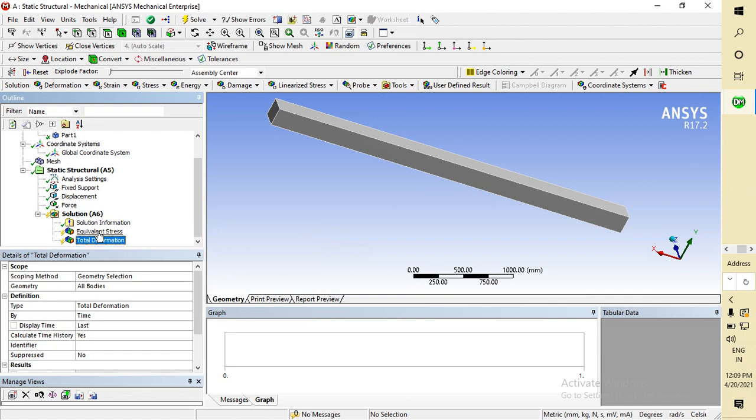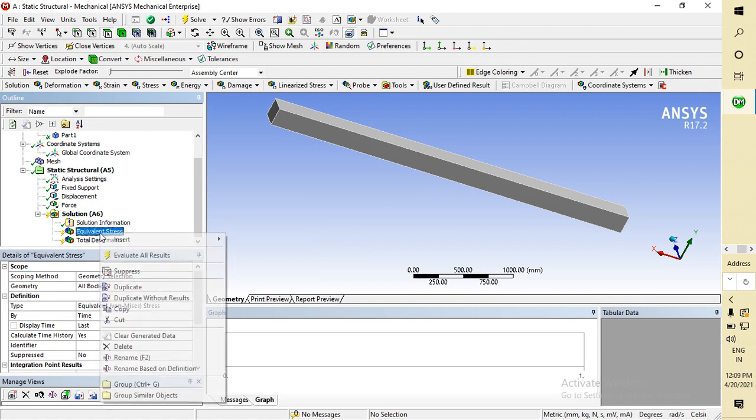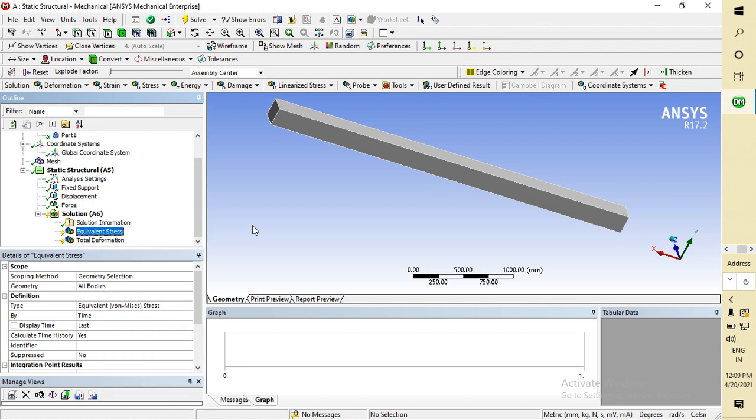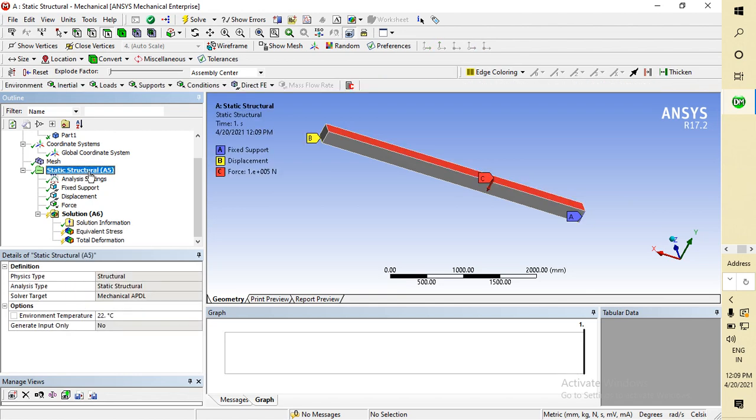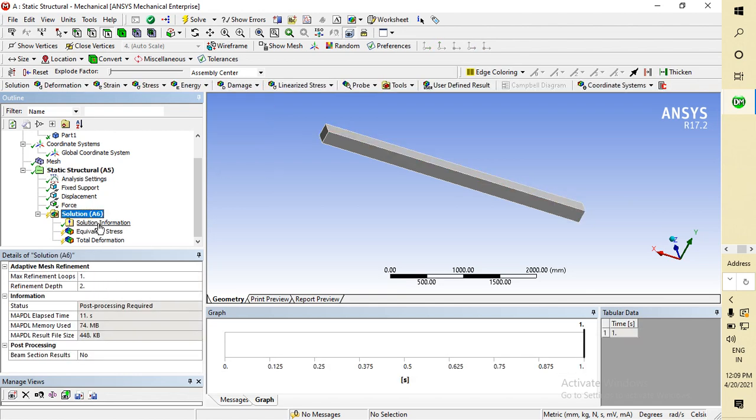Okay, now after applying the stress and total deformation, go for solve all again. Then after solving, it will give us some information.